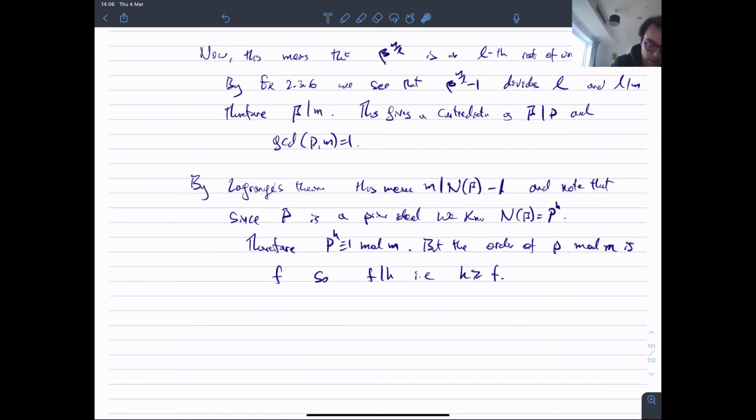direction, and I'm just going to do the second one. So now we do h has to be less than or equal to f. Okay, so I want to do the second bit, that h is less than or equal to f. So we know the following. Since we know that f is the order of p mod M, we know that p to the f is congruent to 1 mod M,